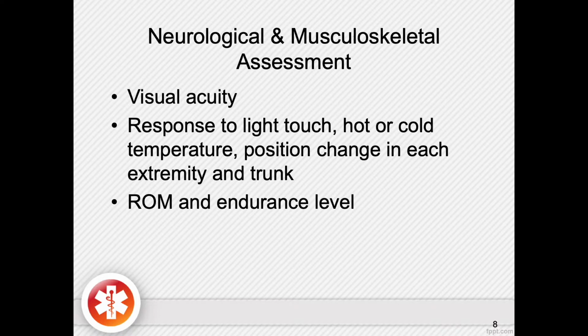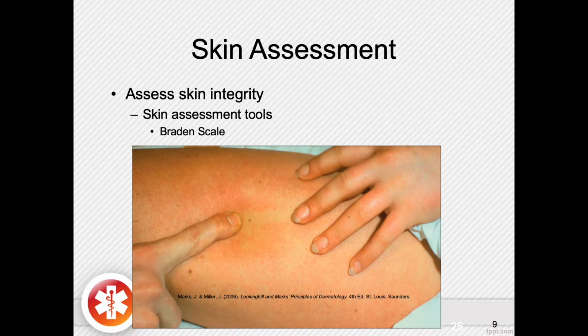Determine the patient's responses to things like light touch, hot or cold temperature, and neurological insults can change the way a patient positions themselves. So, look for position changes in the extremities and in the trunk. Then determine range of motion and the endurance level of your patient. Carefully assess the patient's skin integrity and use skin assessment tools such as the Braden scale,